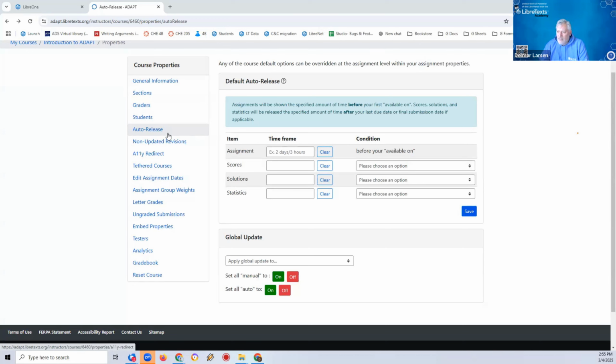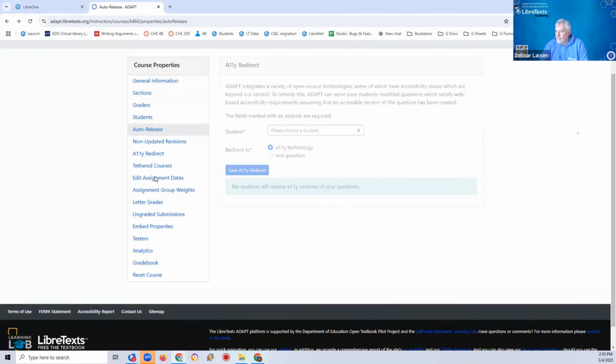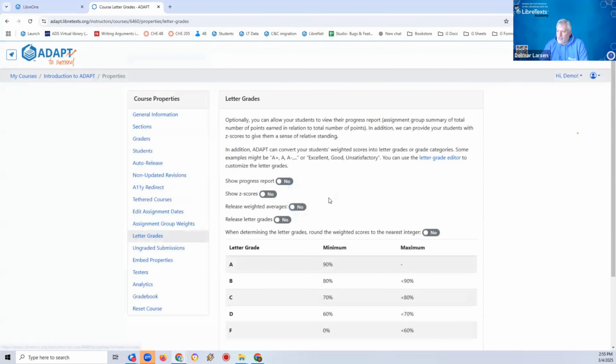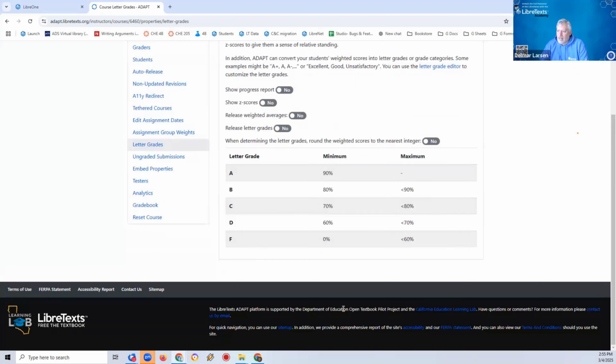Okay, I have only 5 minutes left, so I'm going to skip over a few of these things because they have more utility in the conversation around assignments. I will mention that you have the ability, just like any LMS, to identify the letter grades for what you're doing. This is only done at the end, based on the performance metric that you've put down in terms of weights and things like that.